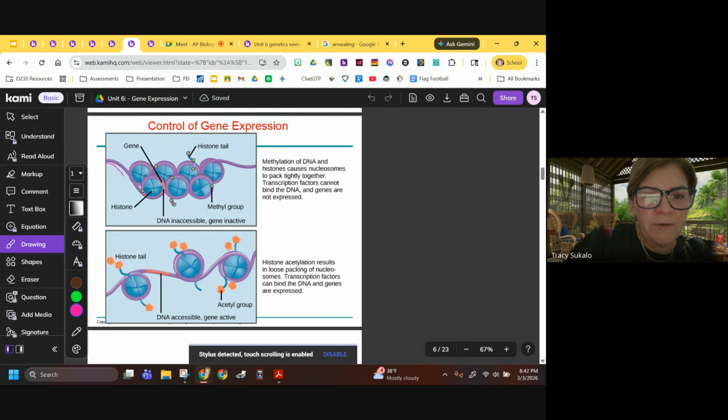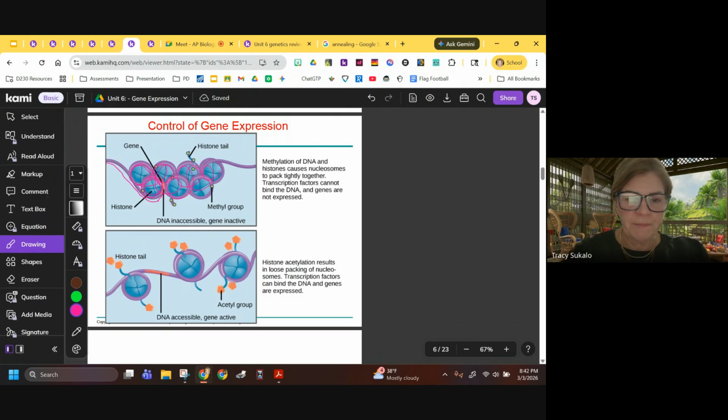This is DNA here, okay? Remember, you have a lot of it. And your DNA is wrapped really tightly around these histones, right? Remember I told you they wrap around each other and they wrap super tight, okay? If the DNA is wrapped so tight,